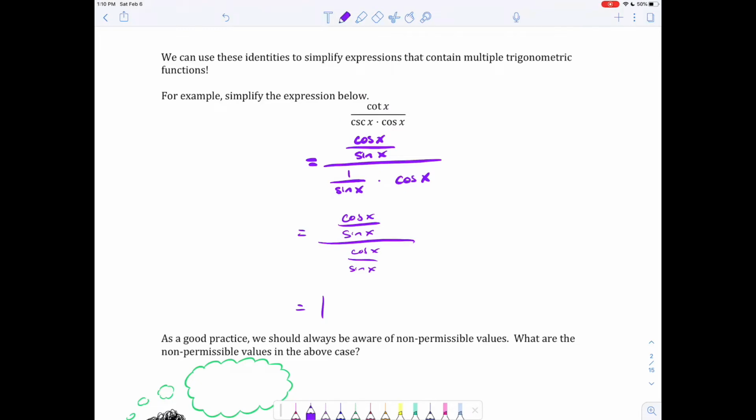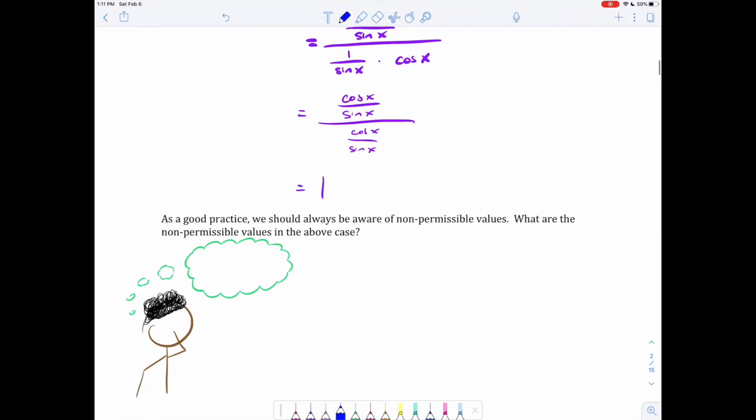You don't necessarily have to always be considering them in terms of what final answers could be or when it comes to identities, but just noting that the non-permissible values exist and that these identities only maintain their truth value if those non-permissible values aren't encountered. 1 has no non-permissible values, but this thing does. And in finding that, I'm thinking to myself, what makes us